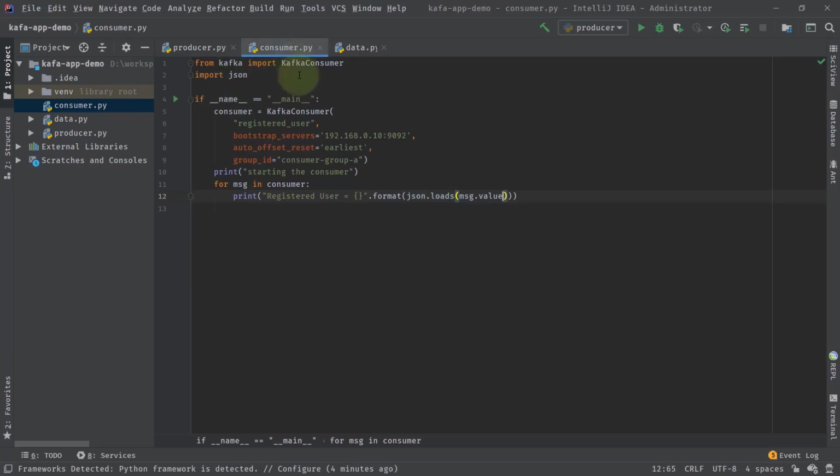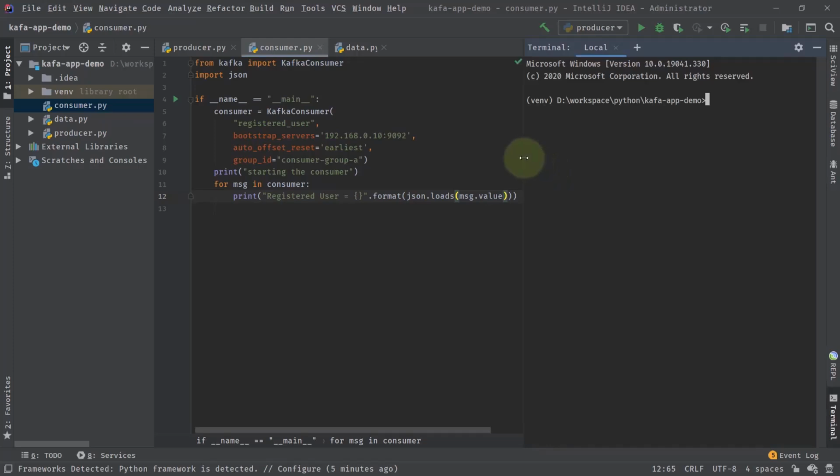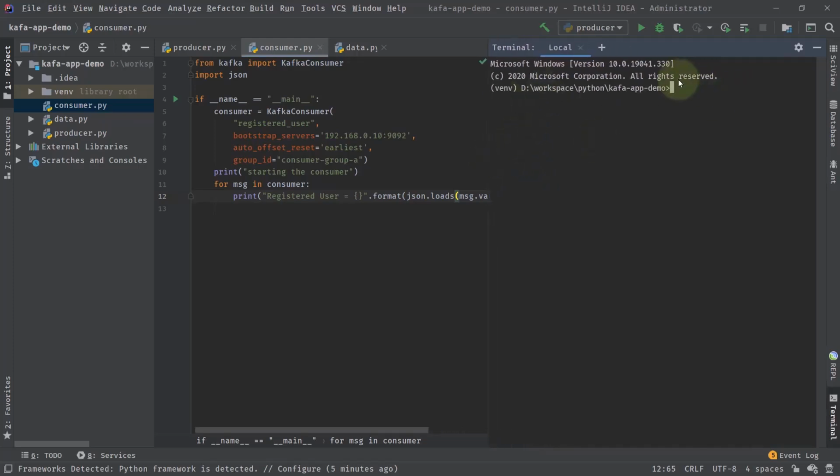This consumer is fine. I think we are just taking consumer. We are saying that from this topic we are going to consume, and this is the Bootstrap server, which is running locally. Then we are saying that whenever you start and you are a new consumer, then start consuming from the earliest. We are also providing a group ID. So everything is fine. Now I am going to run this consumer from here. So I will say Python and then consumer.py. This is starting the consumer.